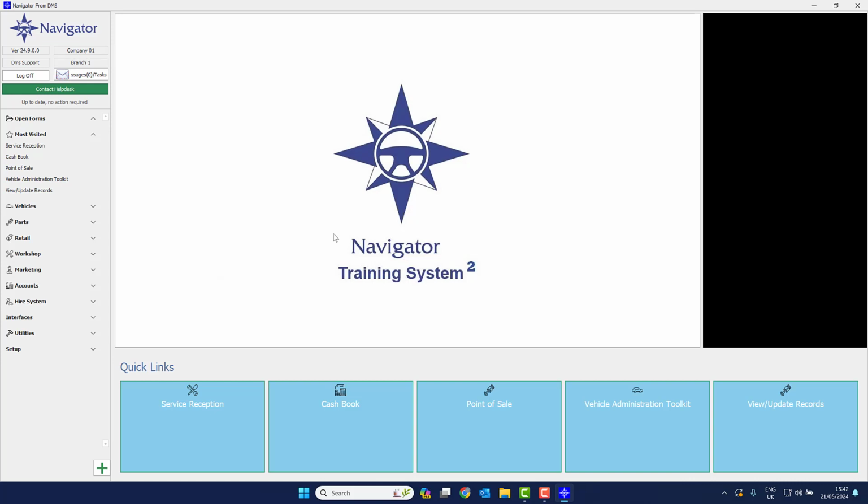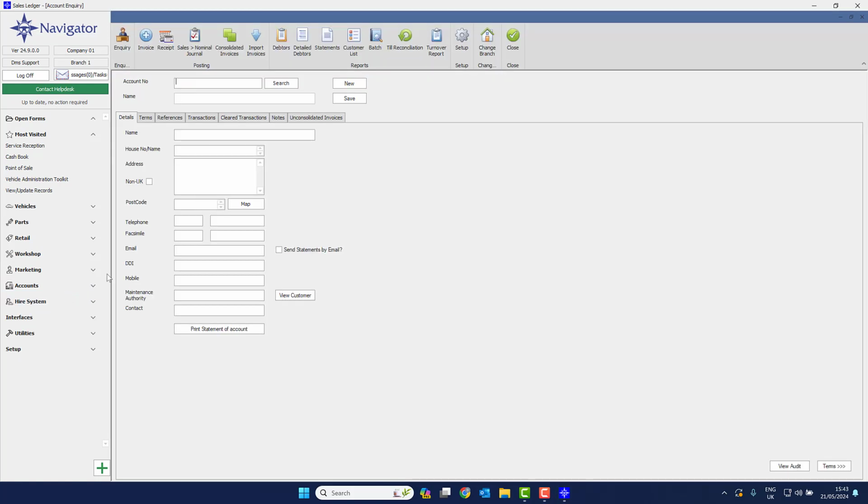In today's video, I'm going to cover how to create a new sales ledger account. To do this, we're going to select accounts from the main menu, and then we're going to select sales ledger. From here, we could search for our customer up at the top, but in this example, we're just going to create a new sales ledger record. So to do this, we're going to click on new,